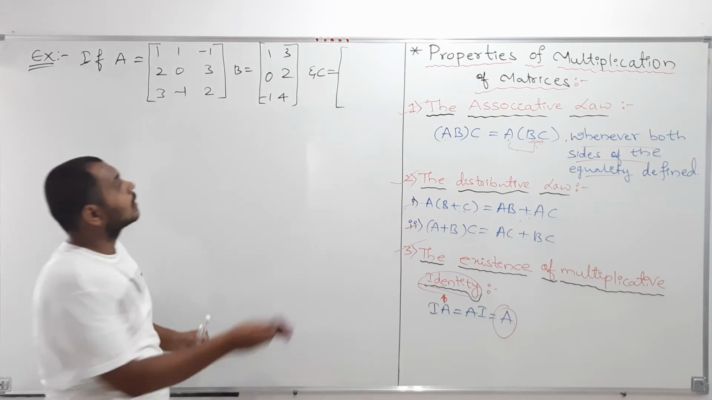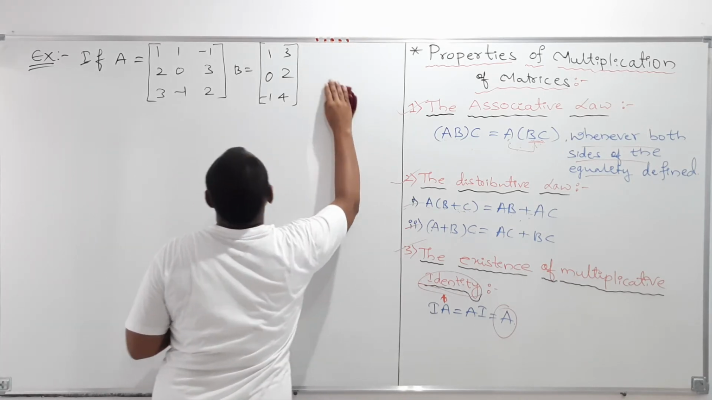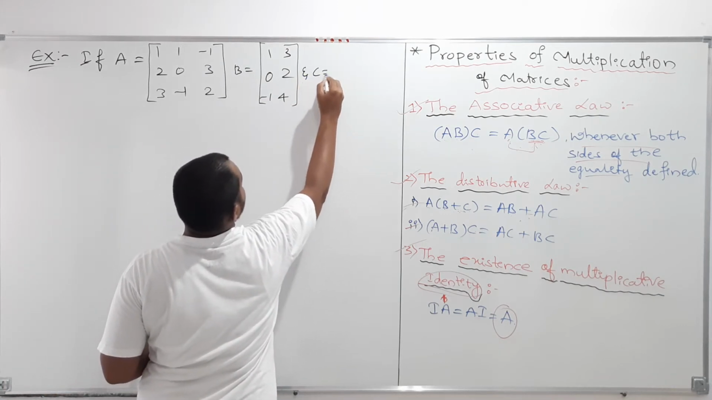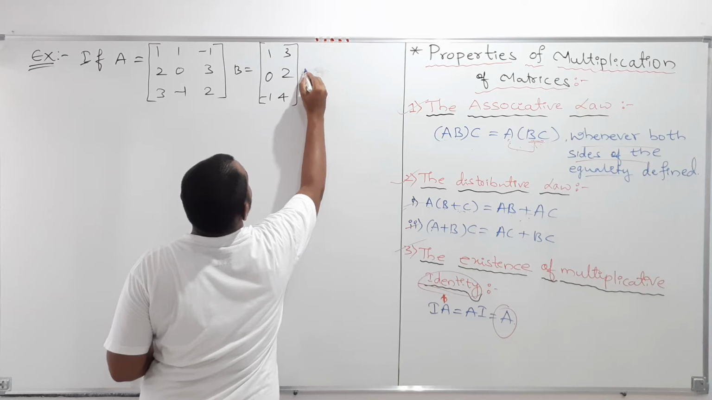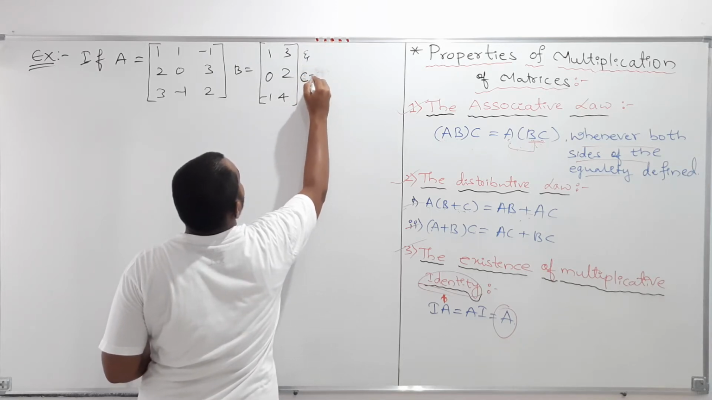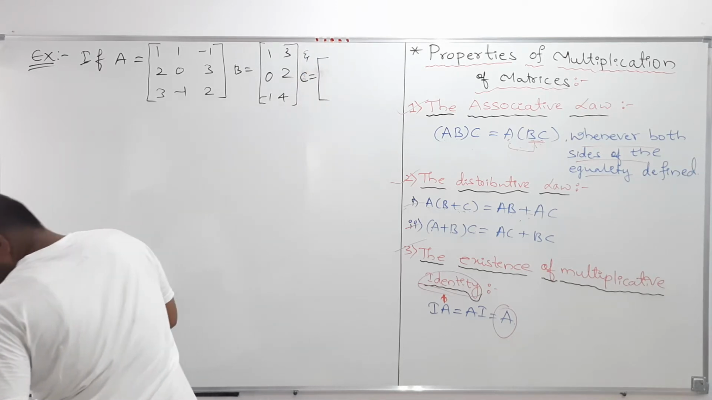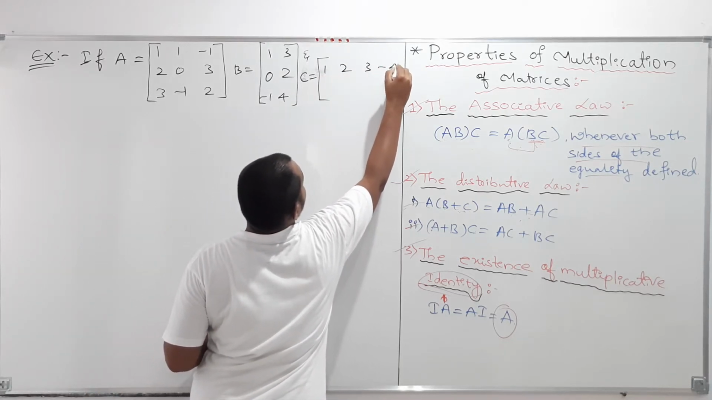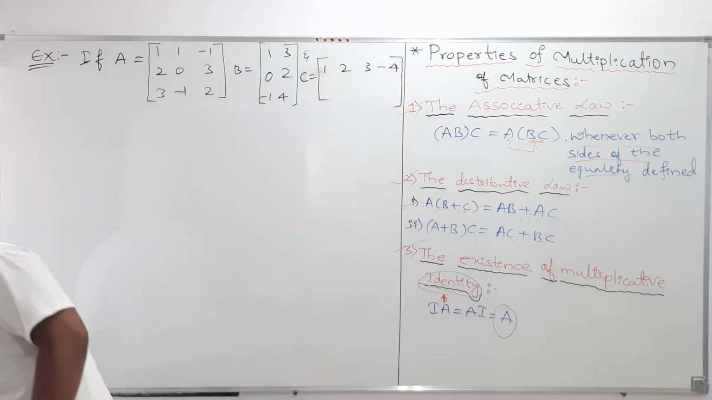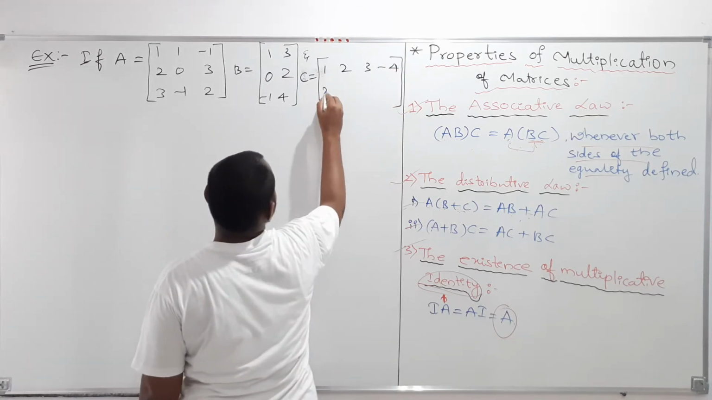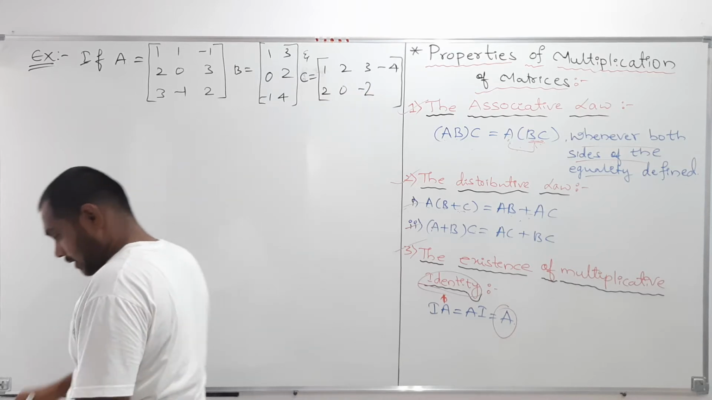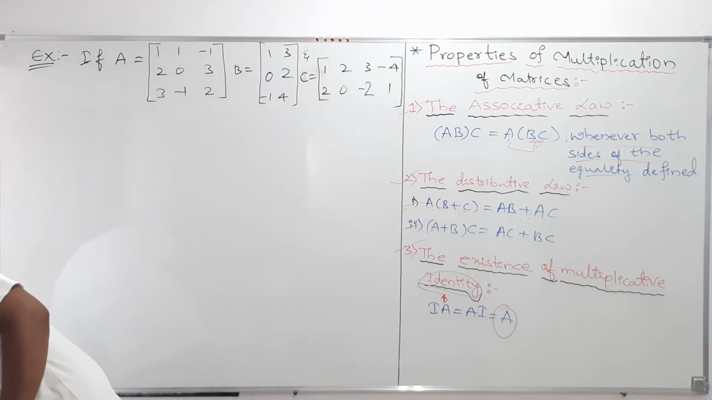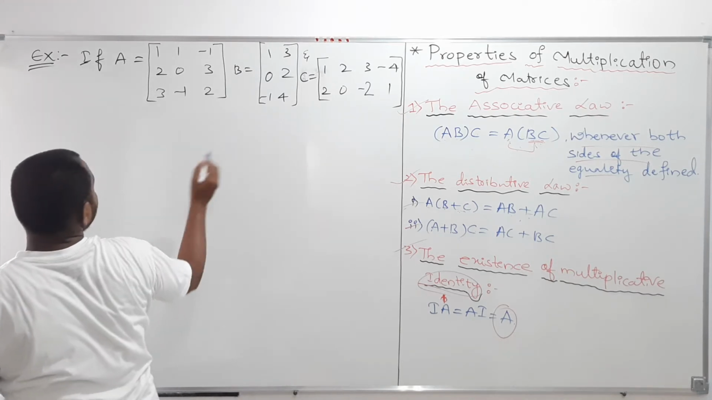I think I'll write below because there is not sufficient space. And C is equal to 1 2 3, minus 4, next 2 0 minus 2, 1. These are the three matrices given to you. Then they asked to find